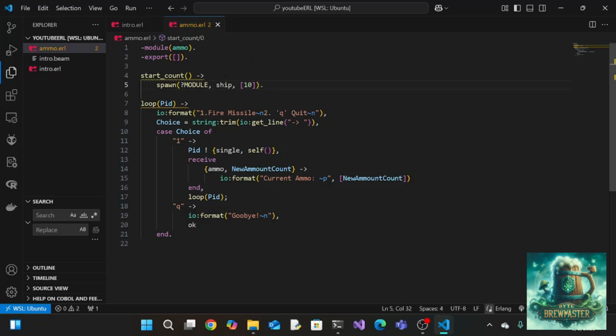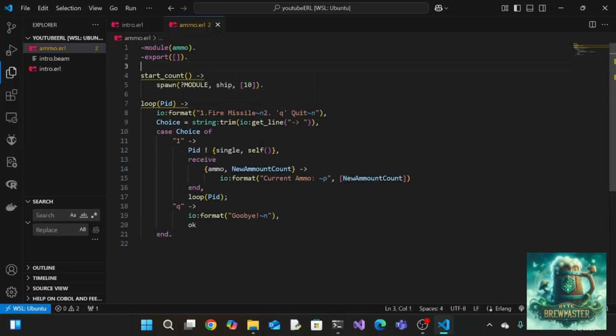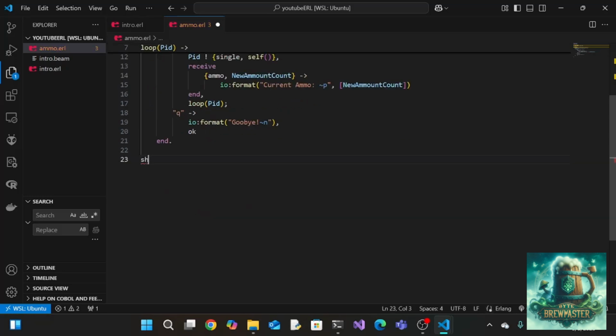So now we have this new way to start a count. It'll spawn a process with the name of ship, and then it'll have 10 missiles, or whatever we want, and from there, we can change it however we want to. We can add more, we can add less, but we now have that ability. So we can come down to the bottom, go to ship,